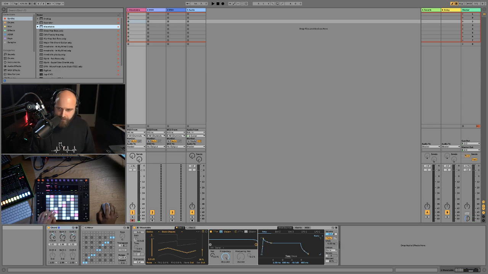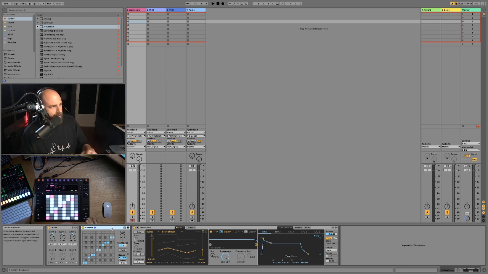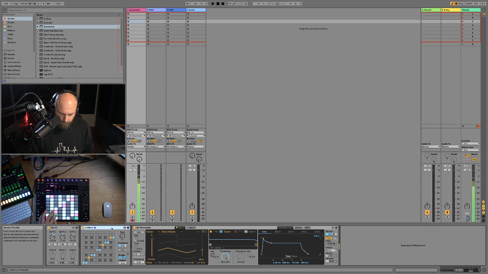Beautiful. Now, if I was to input some notes here, we'd just be hearing minor chord, minor chord, minor chord, and this is where the C minor scale device comes in handy. So this is going to filter out any notes that don't sit within this scale. So we can have a lot of fun here. I think you can see where this is going.